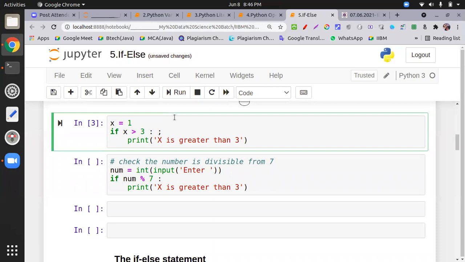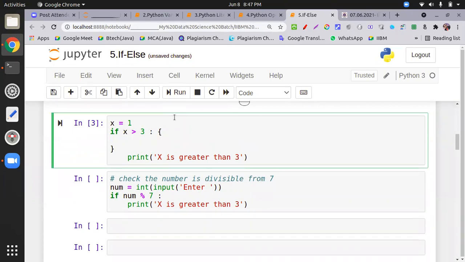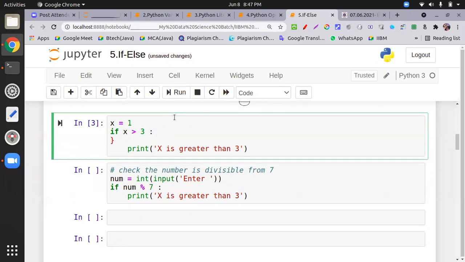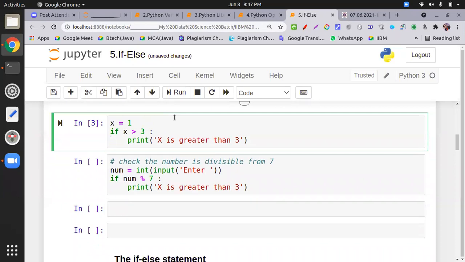So why is the colon used? Because I told you just now, just two minutes ago: in Python there are no curly braces to maintain a block. Just like other programming languages, you have curly braces, but in Python we don't have them because curly braces are part of the dictionary data structure. That's why you have to maintain a block. Block means some lines of code you want to put inside an if statement, so you have to put the colon, not the semicolon.